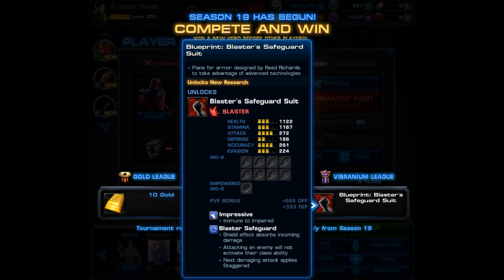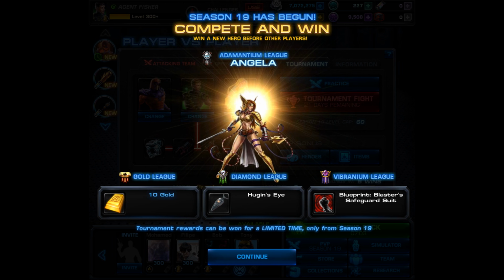That's not bad at all, and I do understand the compromise. Also, next damaging attack applies staggered. All in all, it's not a bad uniform whatsoever, and it does have high attack and accuracy. But you know what? I think it's about time we checked out the real prizes of PvP. Angela and Destroyer. Oh, but one more thing, you do get 5 lockboxes each day for the first 5 wins,